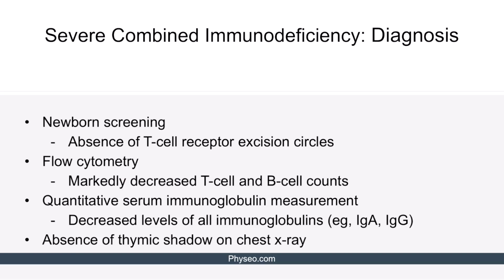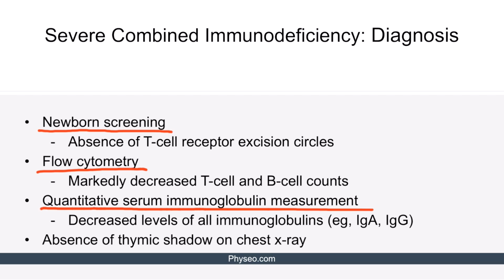The diagnosis of severe combined immunodeficiency is usually first detected on newborn screening, which will report an absence of the so-called T cell receptor excision circles, which are circular pieces of DNA that are excreted by developing T cells in the thymus. Clinicians may also order flow cytometry, which will reveal markedly decreased T cell and B cell counts. And clinicians may obtain a quantitative serum immunoglobulin measurement, which will reveal decreased levels of all immunoglobulins, such as IgA or IgG. This happens because an impairment in T cells renders B cells incapable of differentiating into plasma cells and